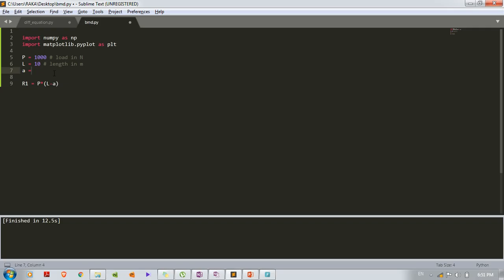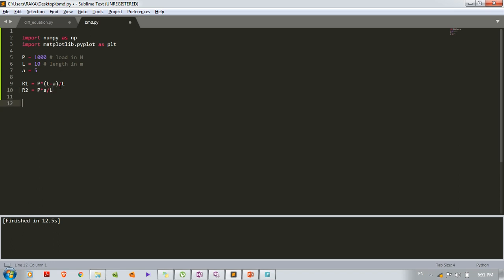Let's say A will be equal to 5, or you can take any distance between 0 to 10. So I am taking initially at the middle of the span. Now reaction formula R1 is equal to P into L minus A divided by L, and R2 is equal to P into A divided by L.